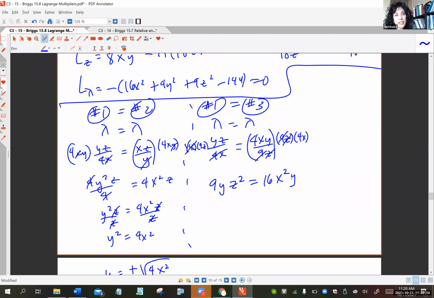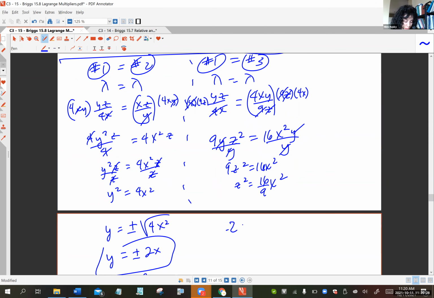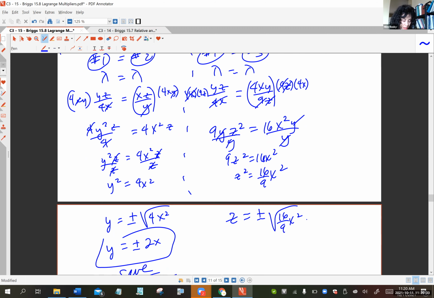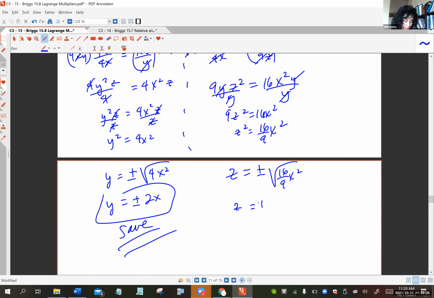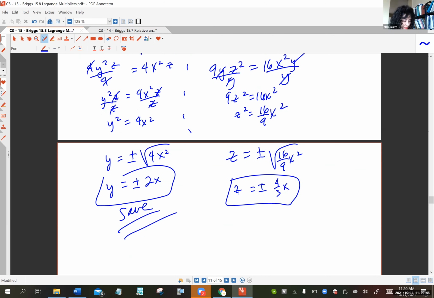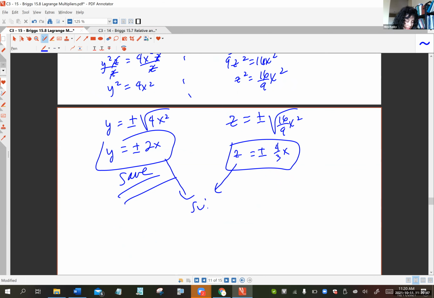Okay, I'm going to try to get z in terms of x. Divide out by y, assuming it's non-zero. And then I have 9z squared is equal to 16x squared. And if I divide both sides by 9, I get z squared is 16/9 x squared. And then you know, take the square root of both sides of the equation. And let's see, it turns out 16 and 9 are perfect squares. Nice. So this is going to reduce to plus or minus 4/3 x. Okay, now what? We substitute into the constraint,